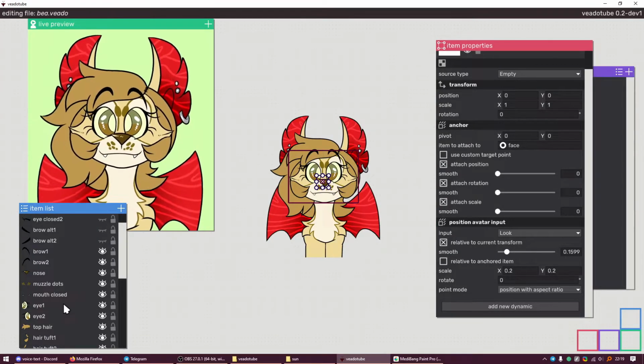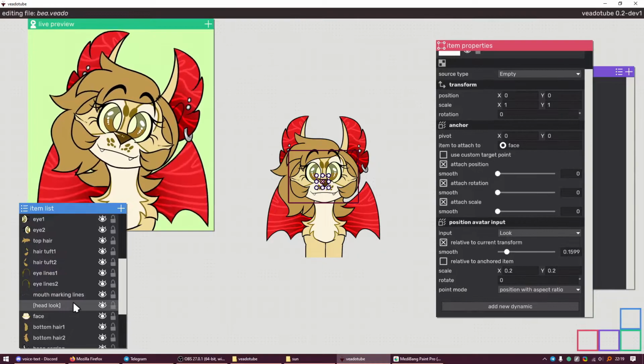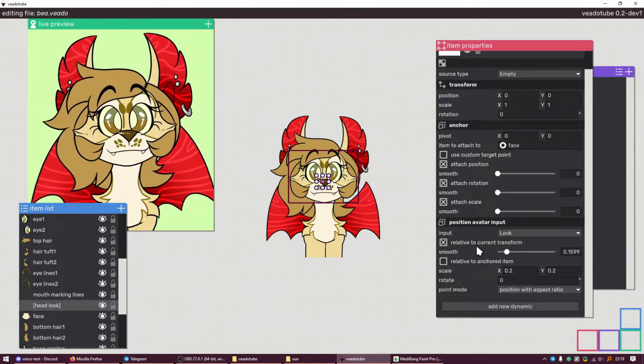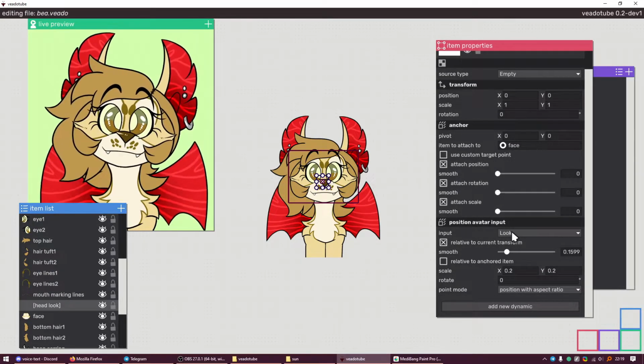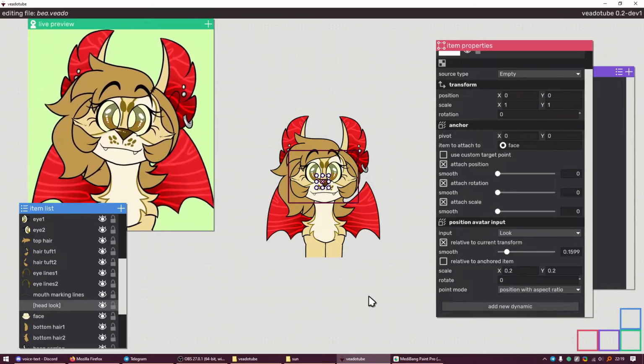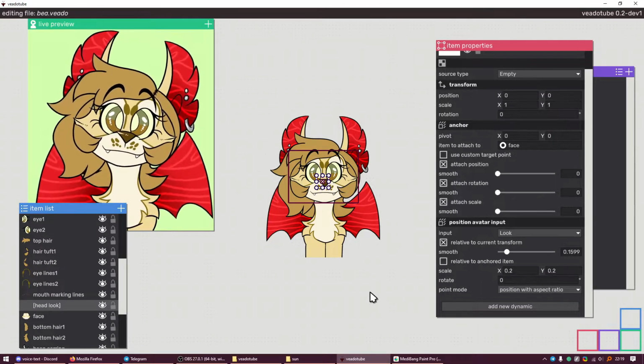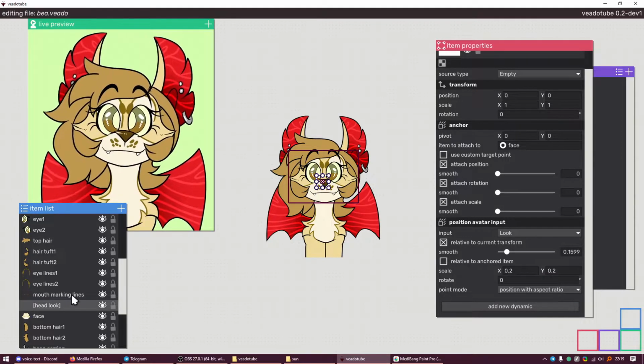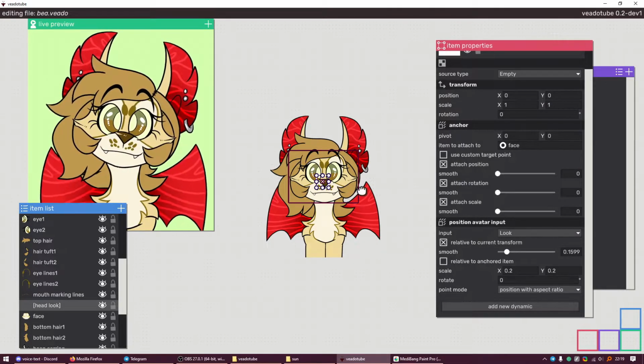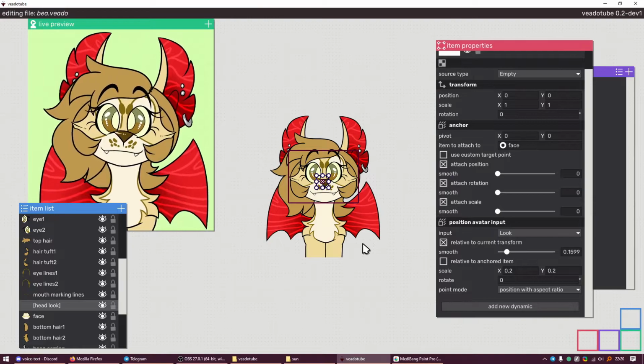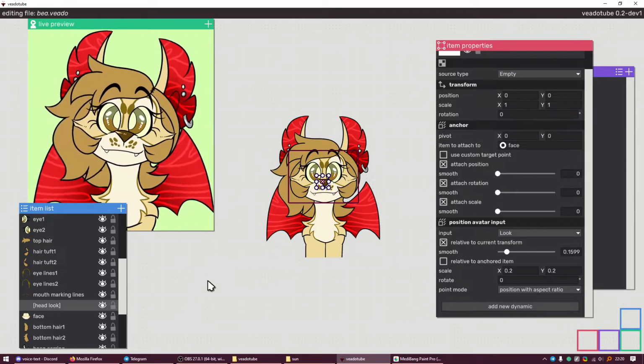We can add a few other things to make it cooler. I have one head look in here. It moves according to the head look at a scale of 0.2. So we're gonna do a parallax trick here, where I'm gonna have two head looks. One has a greater scale than the other, so that it moves more as I move my head, so it looks like things have depth, you know?